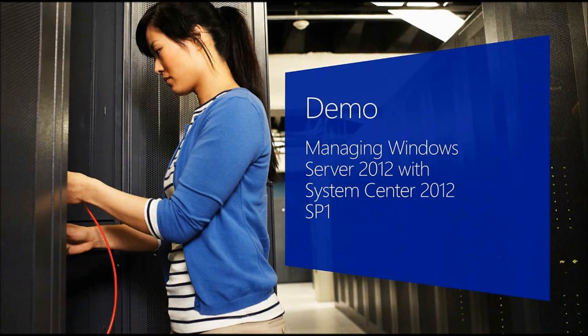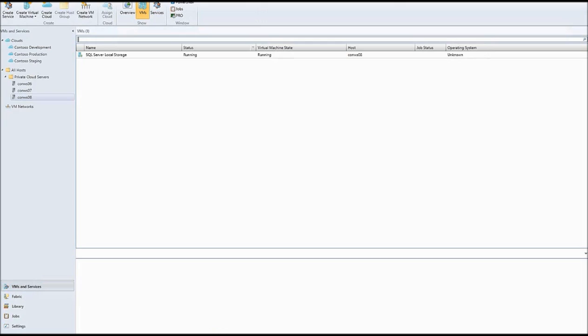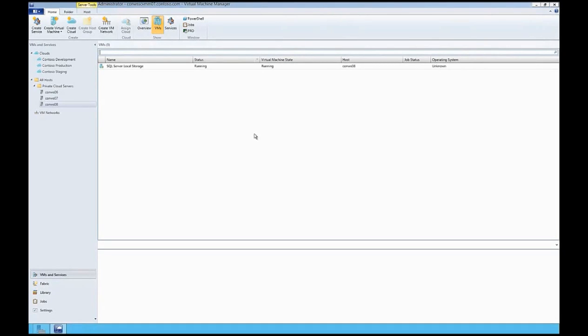Now let's go to a demo showing how System Center 2012 SP1 will help you manage your Windows Server 2012 environments. Here I have a small Hyper-V environment being managed by the Virtual Machine Manager component of System Center 2012 SP1. I have multiple Hyper-V servers running on Windows Server